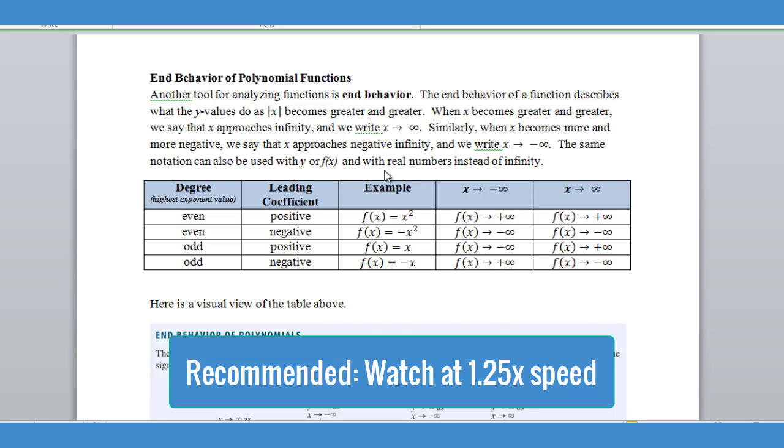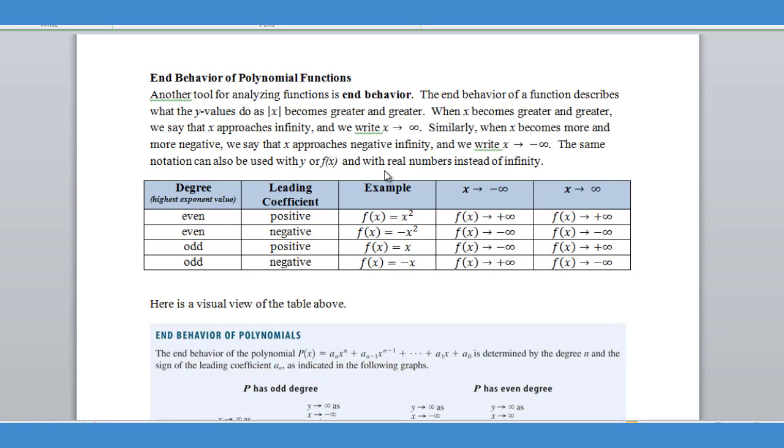So as we continue our discussion about the nature of graphs, and we just discussed continuity and how a graph, through the middle portion of the graph, if you will, either is discontinuous or is continuous, we now want to talk about how the graph more or less finishes on both sides. Now, this is called end behavior, and we're going to discuss end behavior in particular about polynomial functions, because when